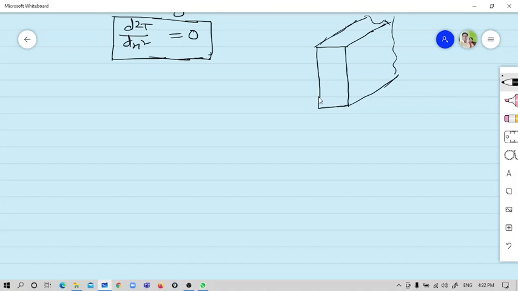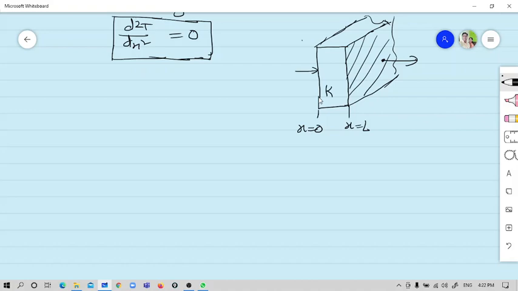Now let us suppose this slab has two faces. One face is here, from where the heat is coming out, and heat is entering from this face. So let us consider this as x direction. Here you have x equal to 0. Here you have x equal to some thickness, let us assume it as L. So here you will have x equal to L. K is the conductivity of this slab.